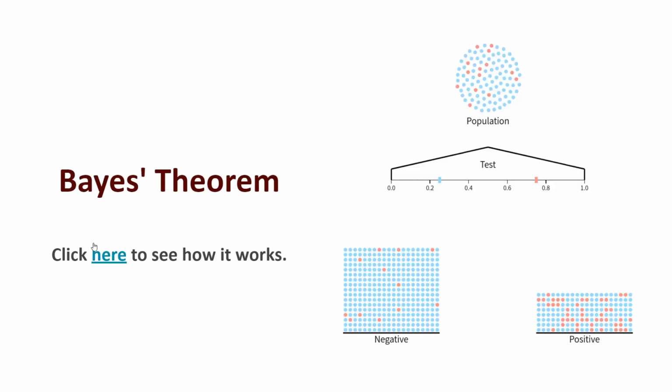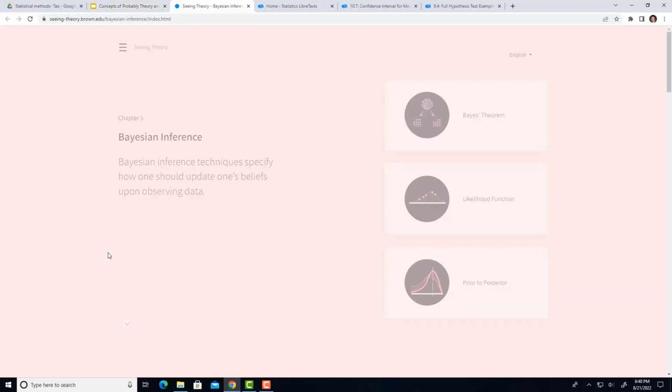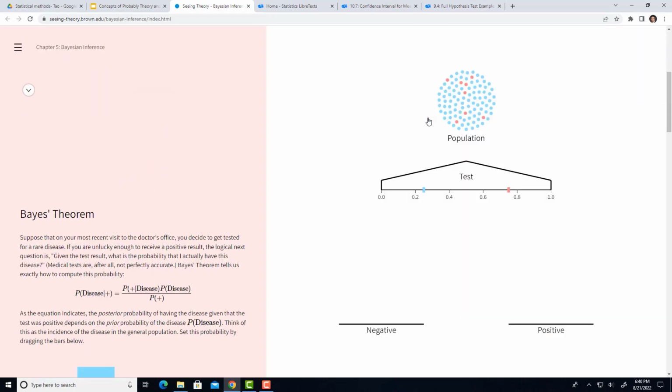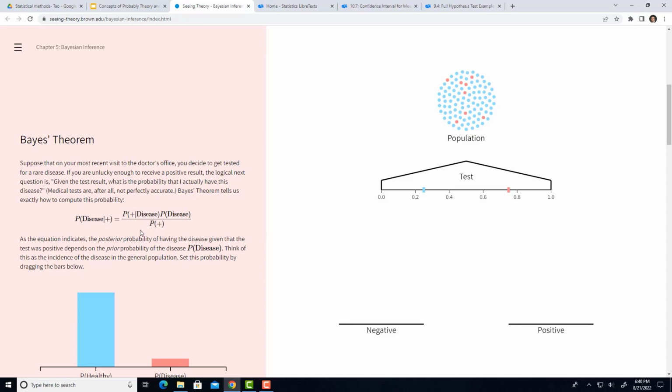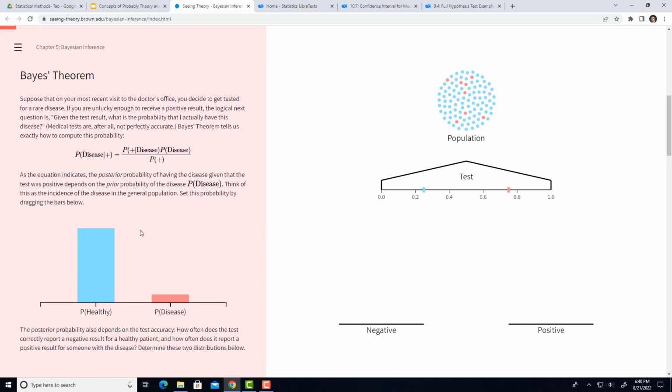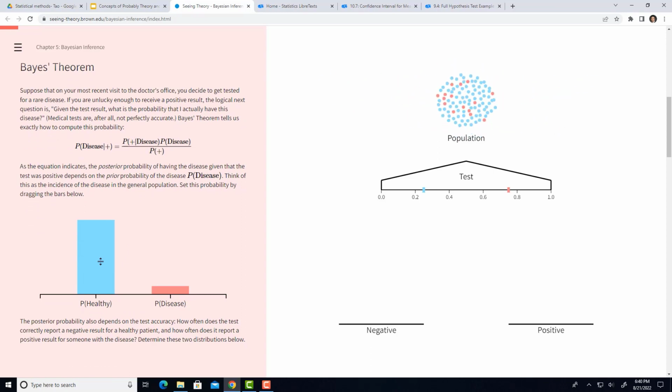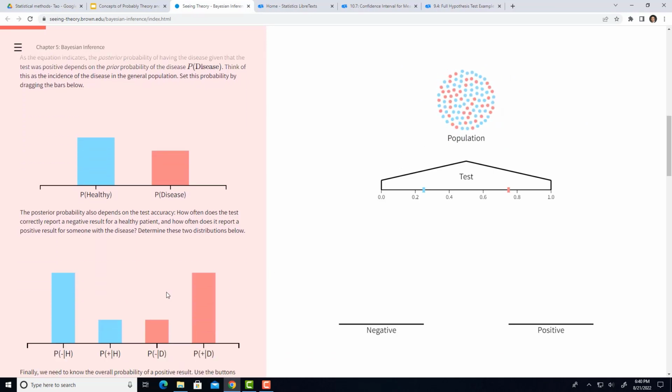This is a diagram showing you how Bayes' theorem works. If you click it, it points you to this Bayesian inference interface, and you can click the first one, Bayes' theorem, and it tells more or less what we are trying to do for the exercise. You can change the values, and then carry out the analysis.